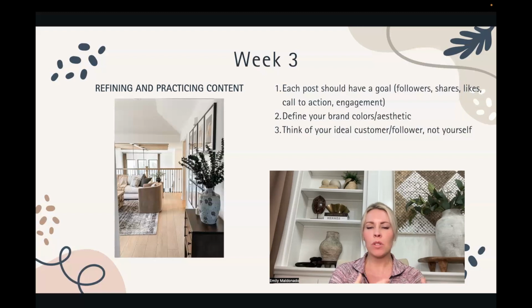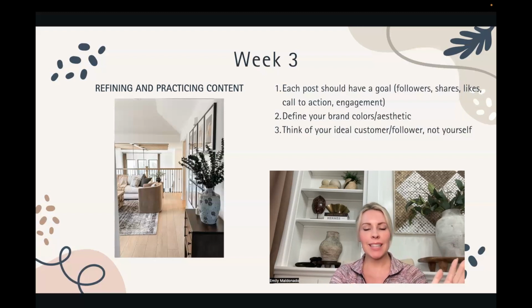So usually memes, things with humor, things that are trending, good ideas, those a lot of times you want to share with your friends. If I want to make sure that my reel is savable, maybe it's a DIY or it's a tutorial. Maybe I'm doing some wood paneling on my walls. I'm going to mention save this post for later when you do your wood paneling on your walls. So make sure that that call to action is at the end of your post, or even you can use text on the screen and ask them to like, follow, or share, but just use one call to action in each reel.